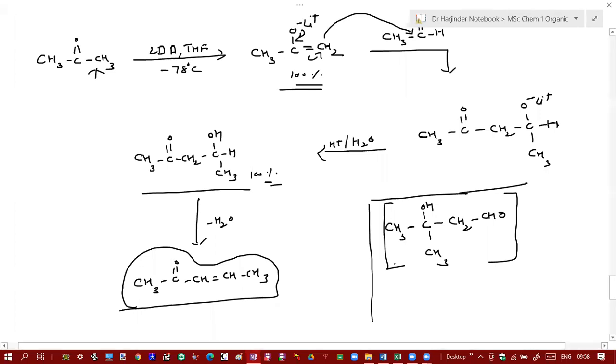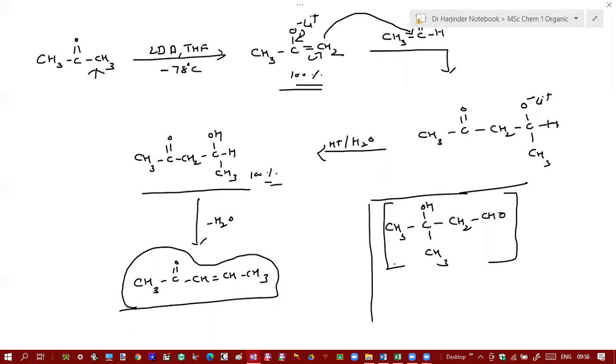So this is a very excellent method to prepare one single compound by using this directed aldol condensation using LDA as a base. So this is a very important question. It can come in your exam, and in competitive exams too: how does aldol condensation differ in dilute sodium hydroxide and in LDA?